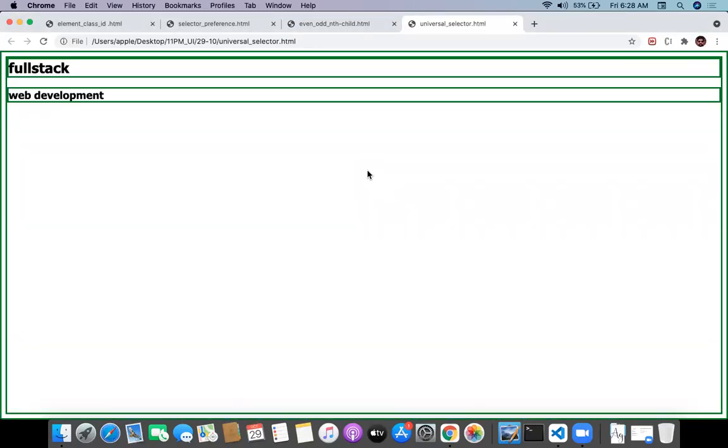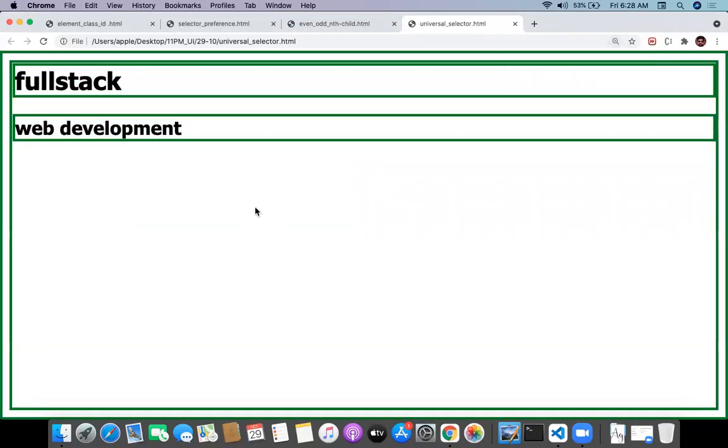Can you see and observe? The h1 is getting selected with the border, the h2 is getting selected with the border, and the body element is selected with the border. At the same time, the HTML element is also selected with the border. Every element is getting the border applied.